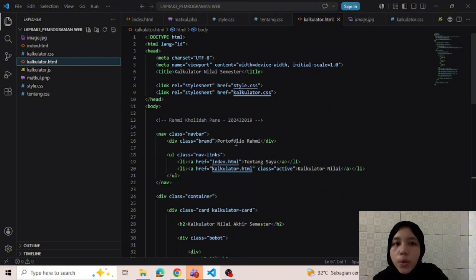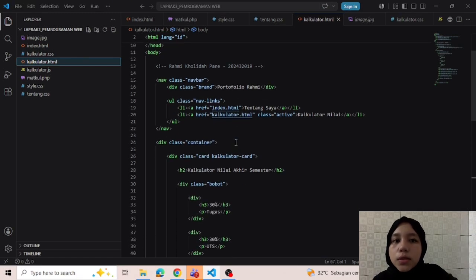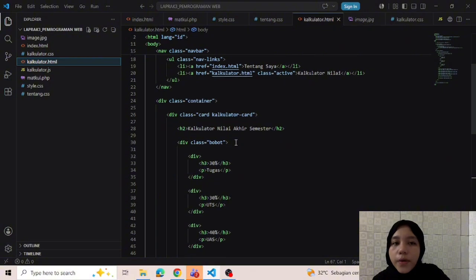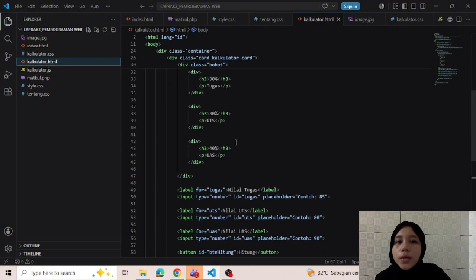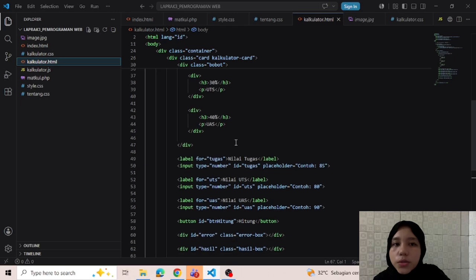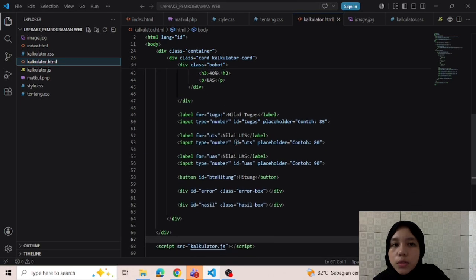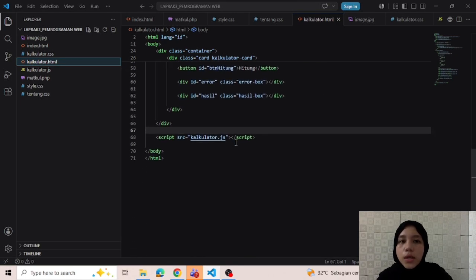The page also contains input fields for assignment, midterm exam, and final exam. A calculate button is provided to start the calculation process. There is a result section used to display the calculation result and validation errors.